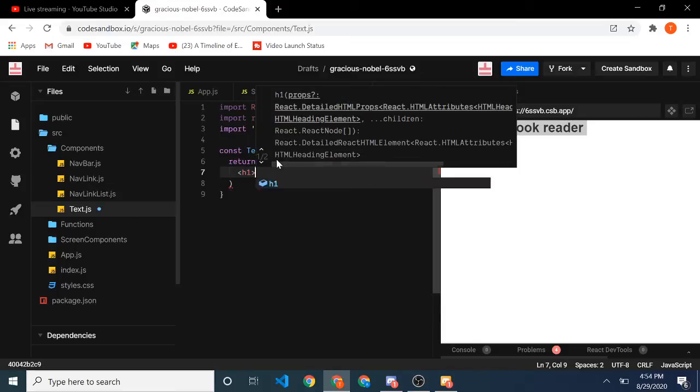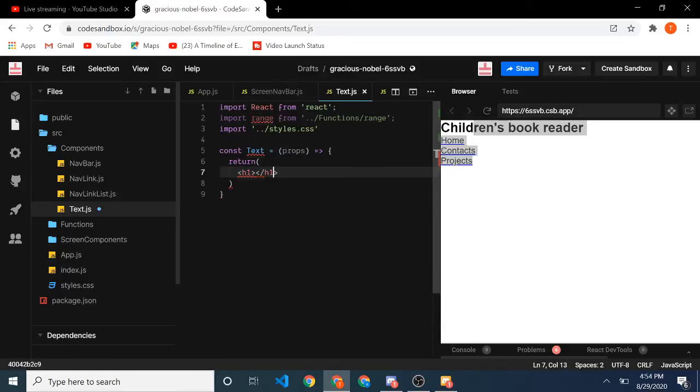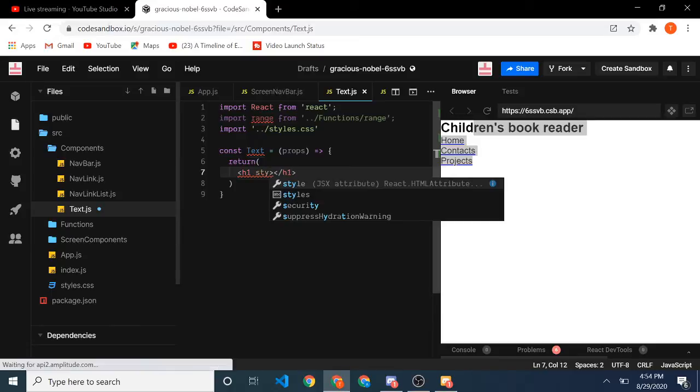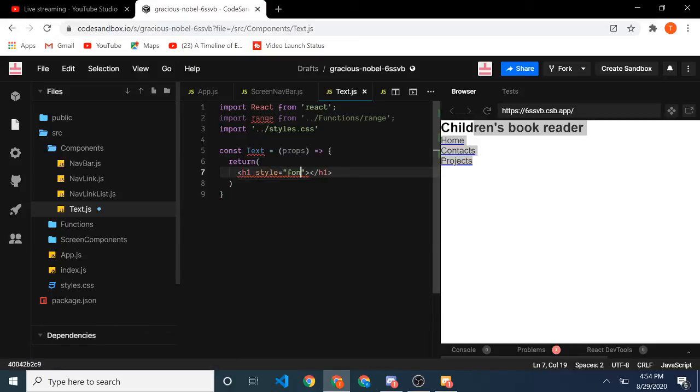Here, h1, slash h1 with the style equal to font size and that size, and we can use some backticks if we want, which is way easier than implementing good old font size. So it cannot use backticks. It doesn't want backticks. We're gonna store it in a variable, const font size is equal to maybe 20, 30, but